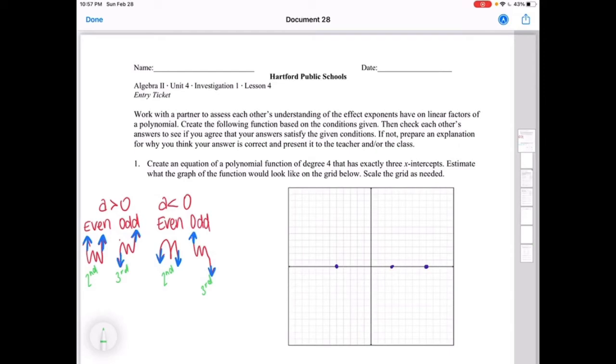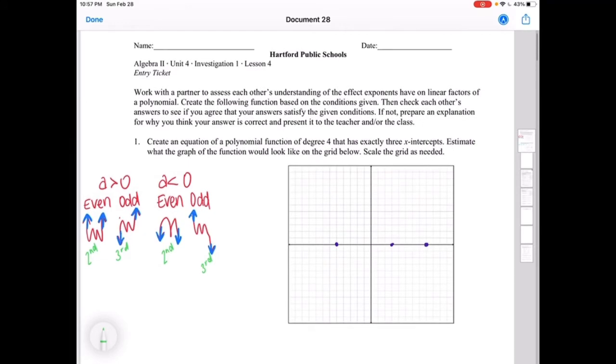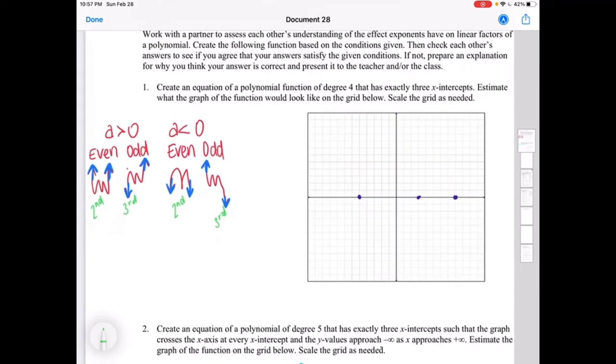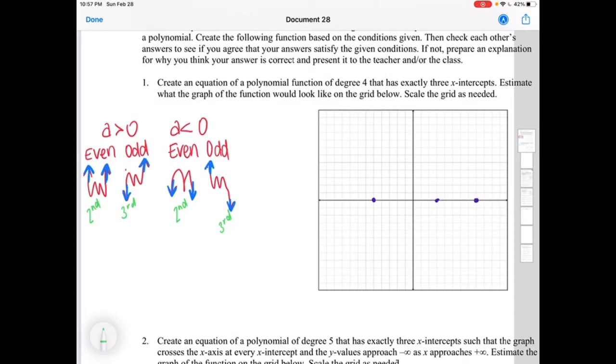We are doing the entry ticket for Unit 4, Investigation 1, Lesson 4 together. This is a continuation of what we learned and focused on last week. We went over the patterns of polynomials and their end patterns, depending on their degree and leading coefficient A. If there is a leading coefficient that is greater than 0 and the degree is even, it looks like